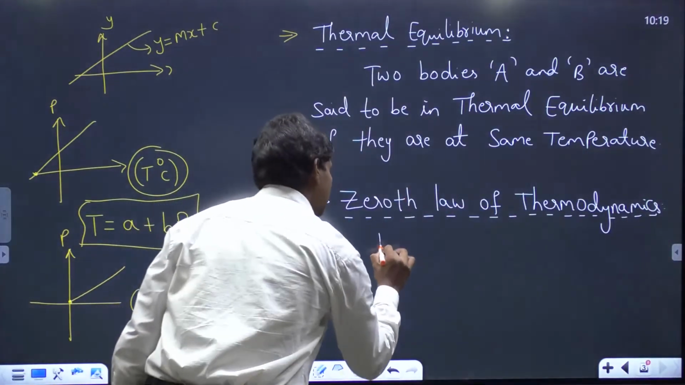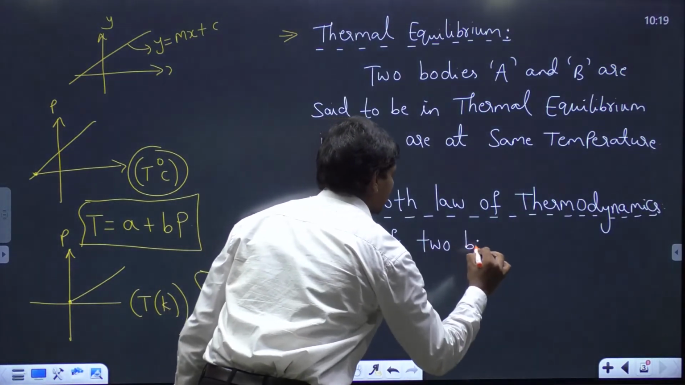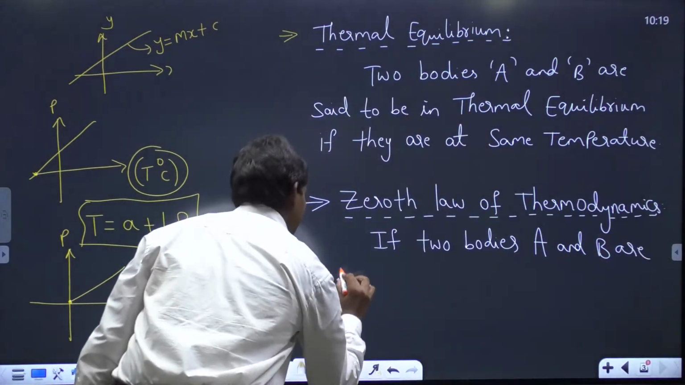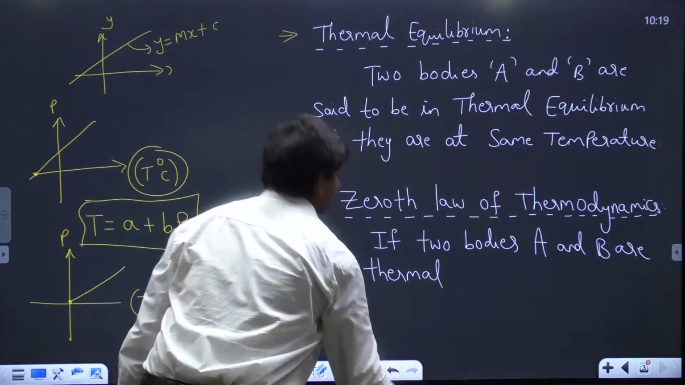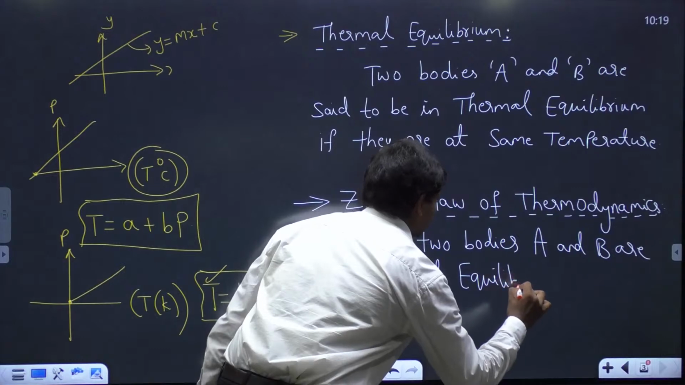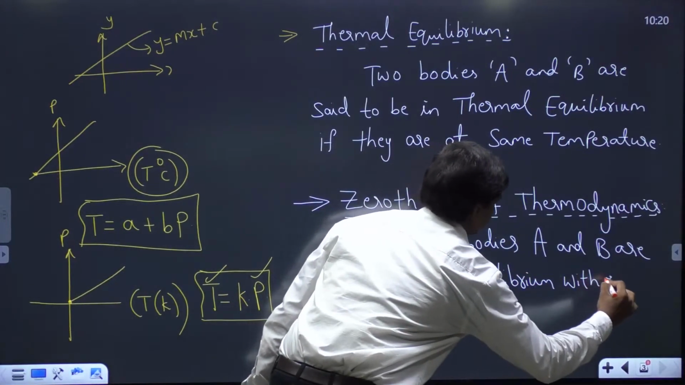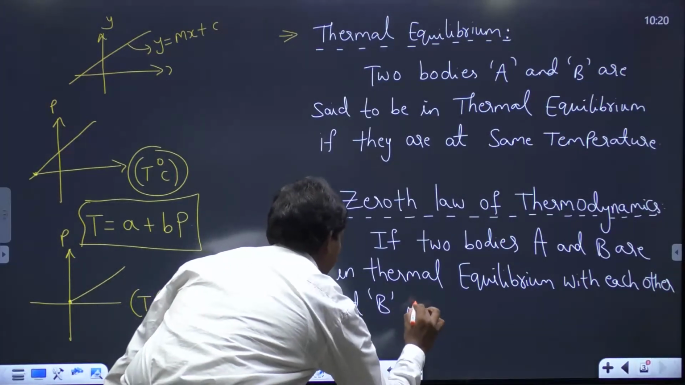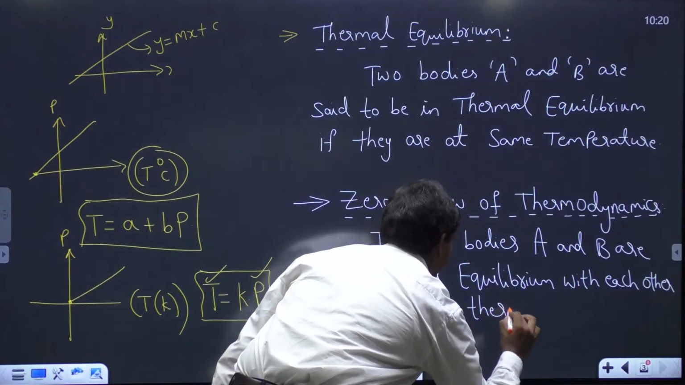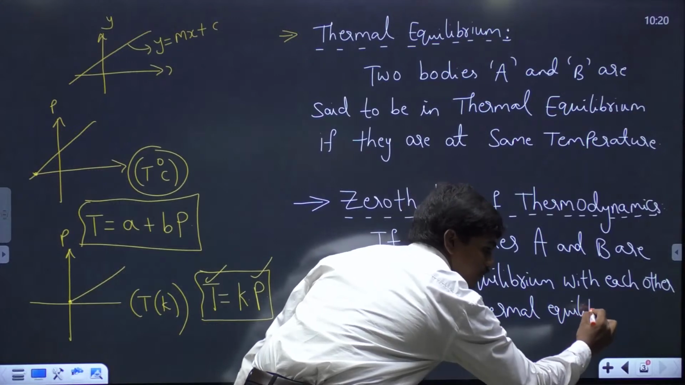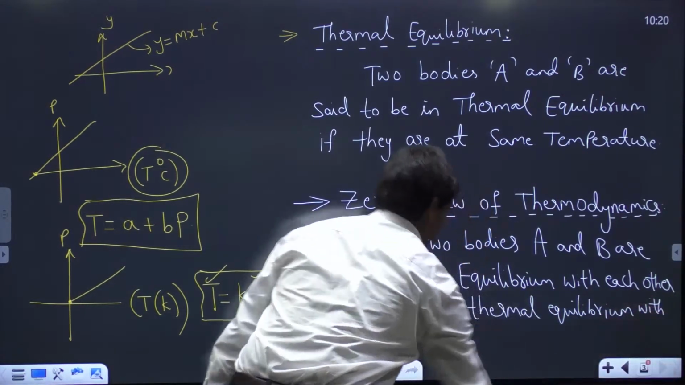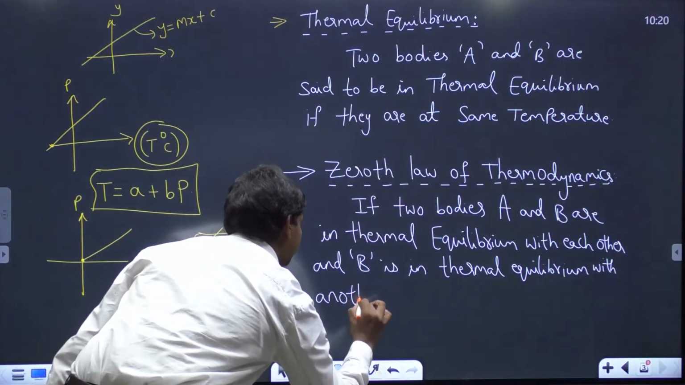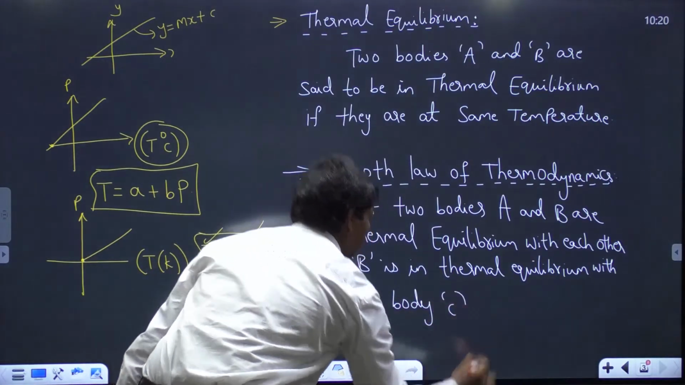So see here, zeroth law of thermodynamics. If two bodies A and B are in thermal equilibrium with each other, and B is in thermal equilibrium with another body C, then we say,